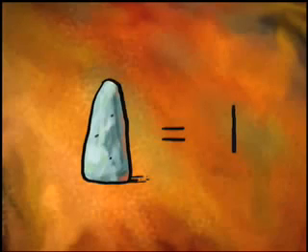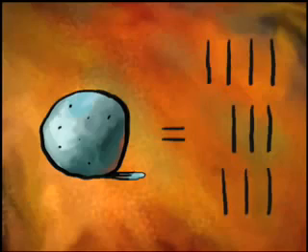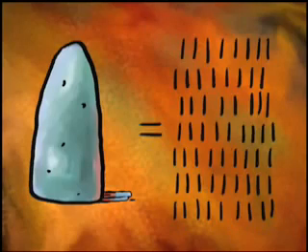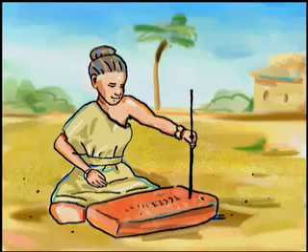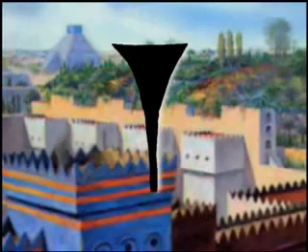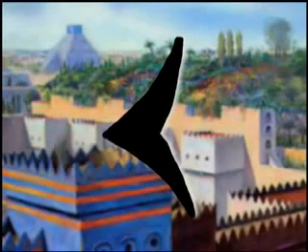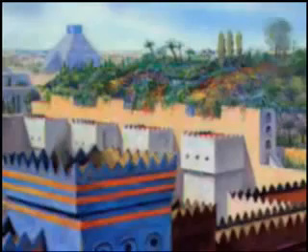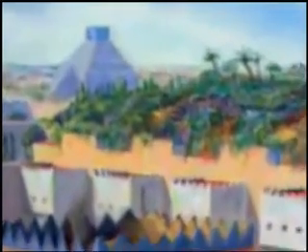Each tally stood for 1. But this system was awkward when it came to large amounts, so symbols were eventually created that stood for groups of objects. Sumerian clay stones have been found that date to the 4th millennium BC. A small clay cone was used for 1, a clay ball was used for 10, and a large cone stood for 60. Written records from around 3300 BC show that Babylonians inscribed amounts on clay tablets with a reed. They used a nail shape for 1s and a V on its side for 10s, combining these symbols to write other numbers. For example, Babylonians wrote the number 19 as